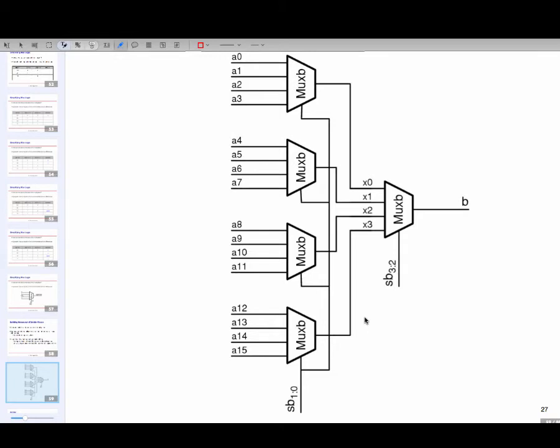So I'm still taking 4 bits of control, 2 out here, 2 out here, because it's 16:1. But I make it using 5 4:1 multiplexers, and I can take this to ever larger sizes. So I can combine multiplexers in this particular way.